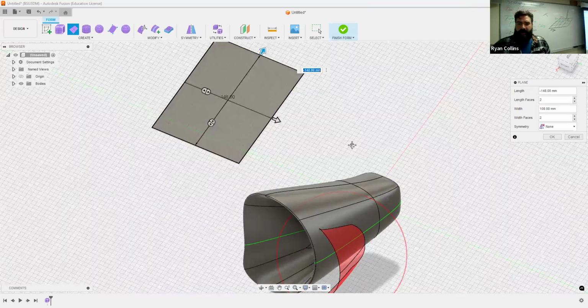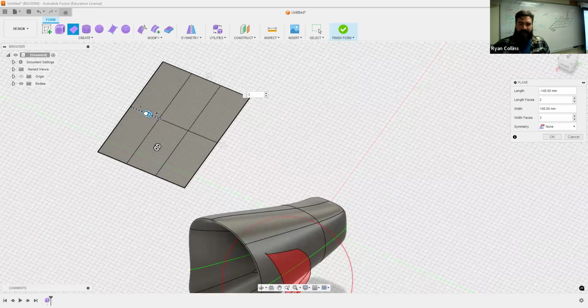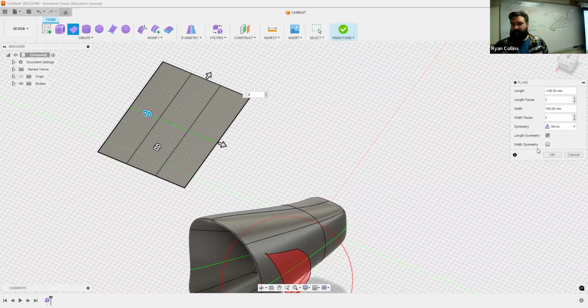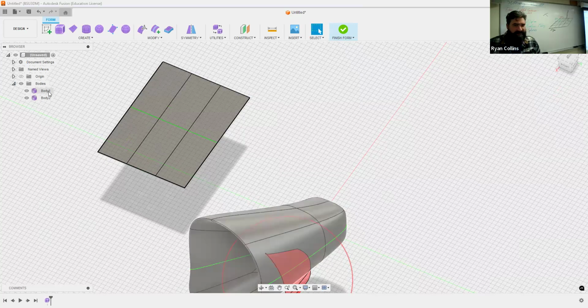We go to there, and then I can again add and subtract faces, keep it simple here, something to that effect. Do I want to add symmetry? Sure. Let's go width, not so much. Length, that works. So one side is going to be symmetric to the other. Okay. Now, I want to show you the difference here real quick. Right now, since I'm still in the form workspace, this is going to read as form objects. But when I go to finish form,